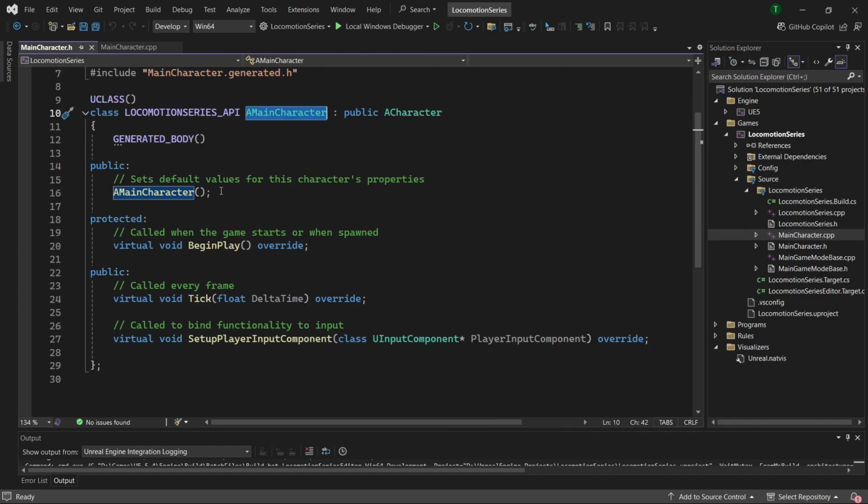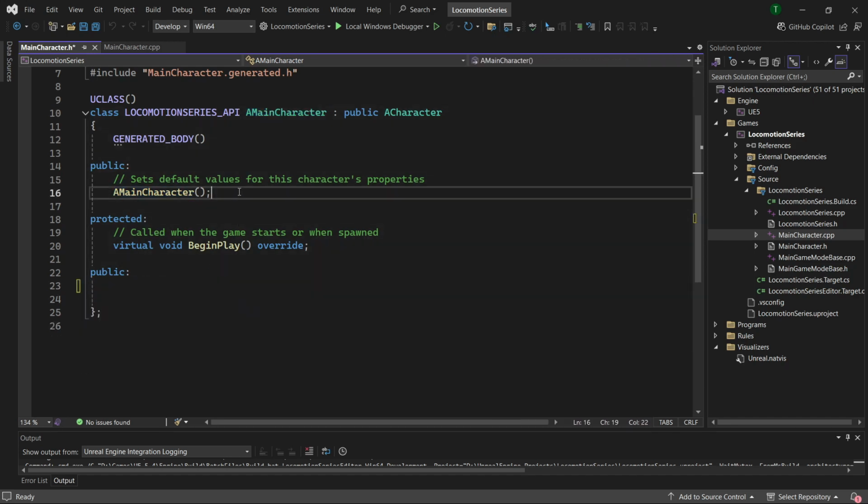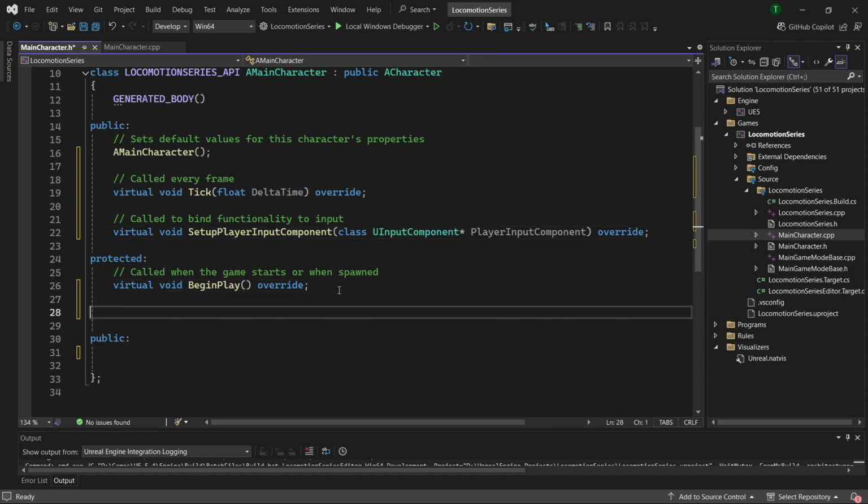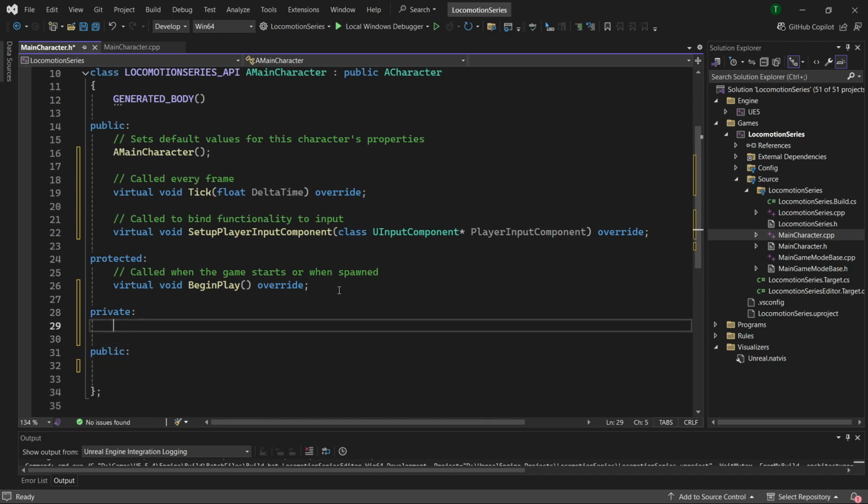Let's organize the main character.h file a bit. First, let's move these two methods to the top public section with the constructor. Then let's add a private section for all of our private variables and functions. We'll keep the last public section for getters and setters, as well as for anything we want to expose to